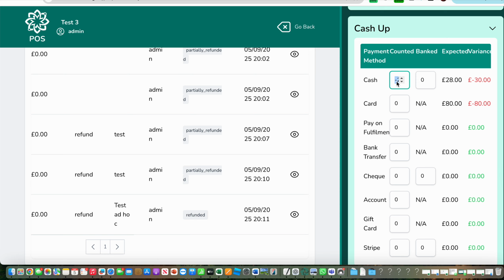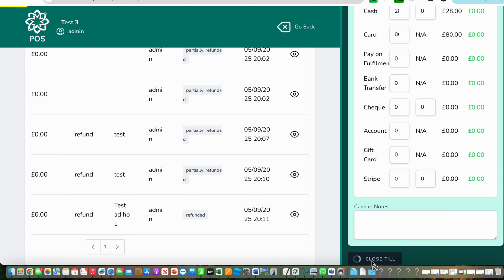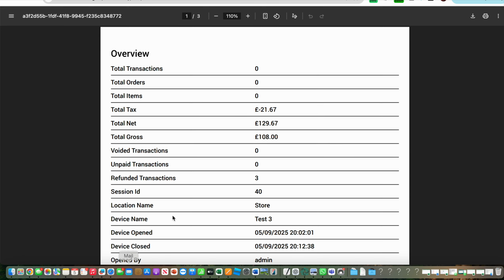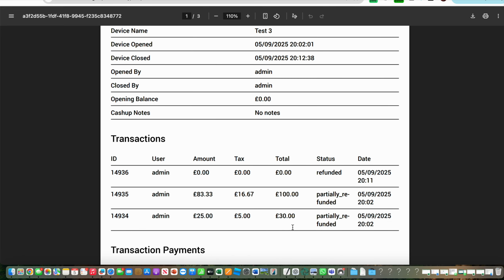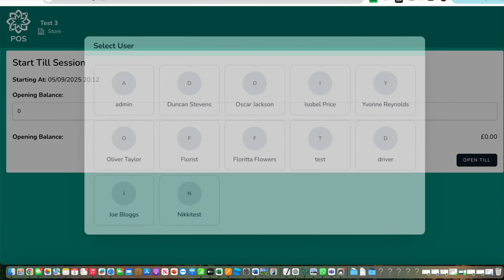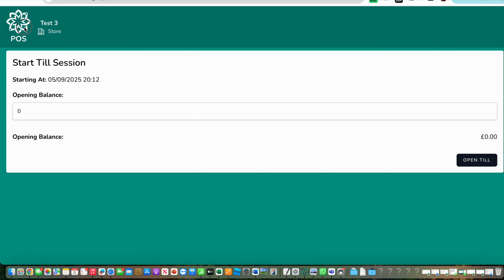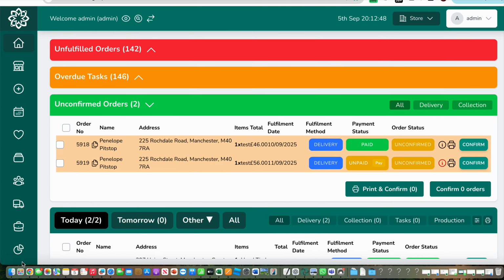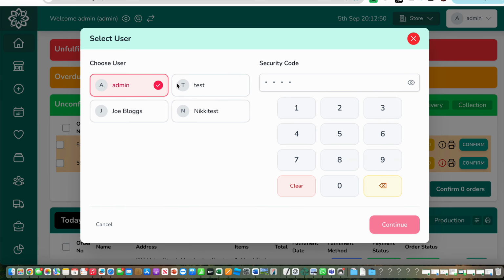If you want to close the till, I'm just going to show you how you could run a report that would give you your information on your refunds. So now I'm going to go back to the order management system, and I'm going to go into analytics. Now if I go into